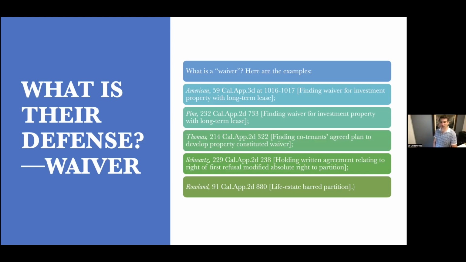Well, it's true. There is one known defense in California to a partition action. It's something called a waiver. In other words, if the parties agreed prior to purchasing it that they would never partition the property, then that partition could be stopped. But our two brothers probably aren't having an in-depth discussion of the waiver of the right to partition. And our ex-boyfriend and girlfriend are not talking about a lot of things, including a waiver of the right to partition. So from my experience, it's relatively rare.